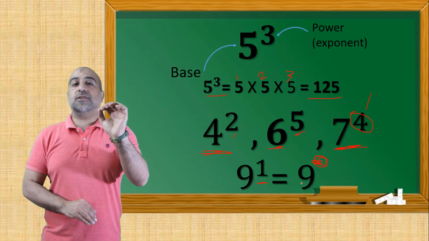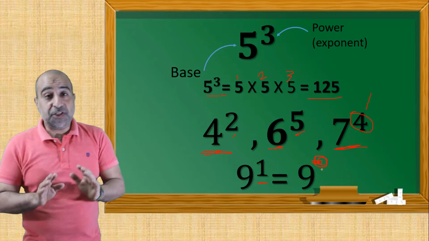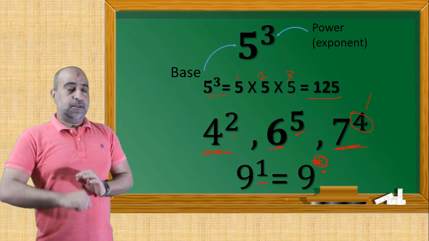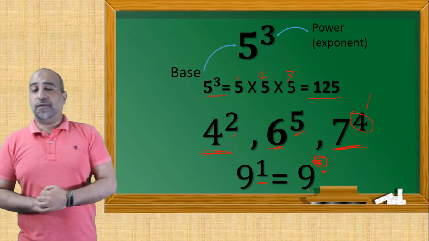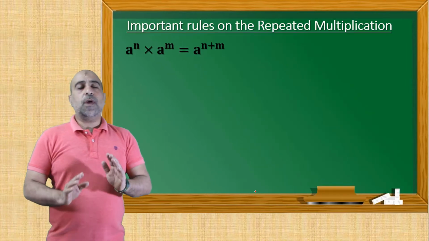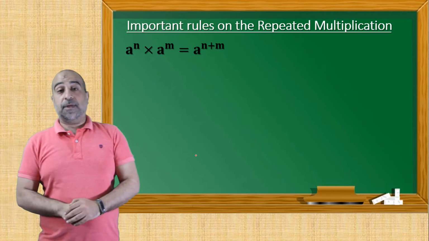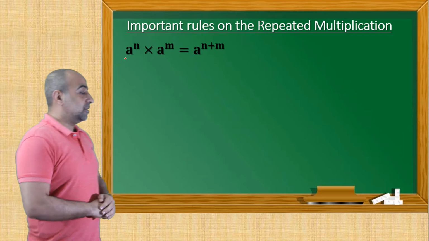And please pay attention, the number which has no power, its power is 1, and therefore 9 to the power of 1 equals 9. Now we have very important rules on the repeated multiplication in the integers, which is the